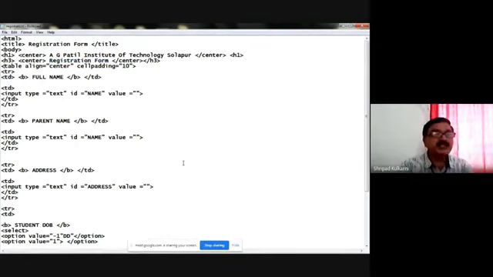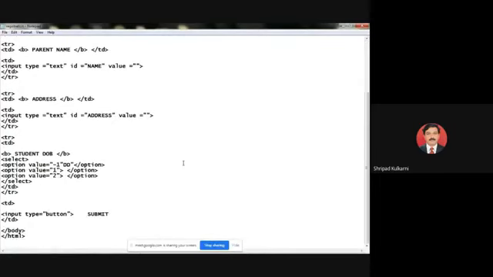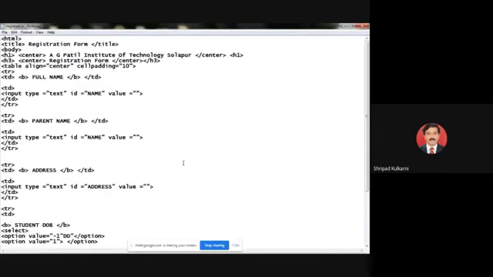Then this is the new part, table. We are using here the attribute so that whatever things are coming in that table come exactly in the center. That is the main intention behind this table. I want to apply all of it with align center and cellpadding equal to 10 pixels.